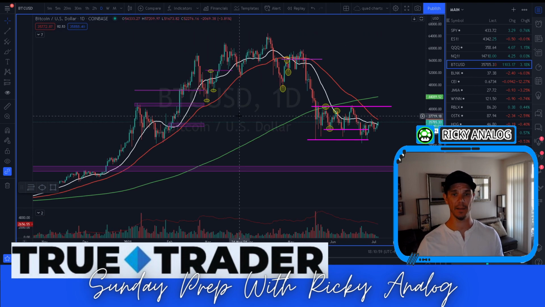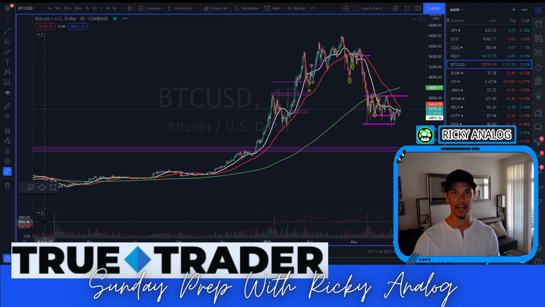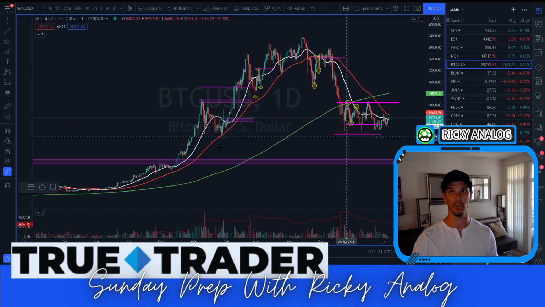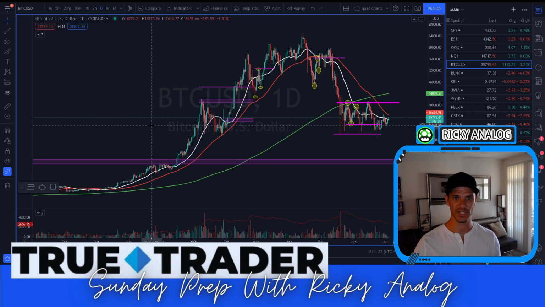And what I've been saying about Bitcoin for the last few weeks actually is that this sideways action is healthy, and in my opinion, it needs to go sideways a bit longer before we can have any sort of meaningful move out of this base that it's starting to build. We had a hell of a run, right? And so far, a pretty decent pullback. But we pulled back to some support, and we're just kind of channeling.